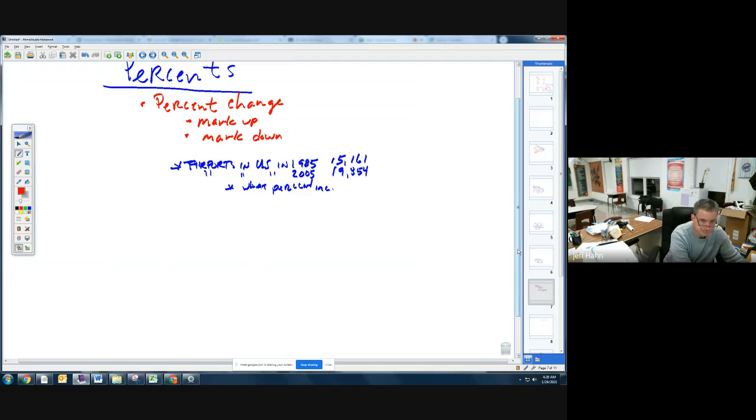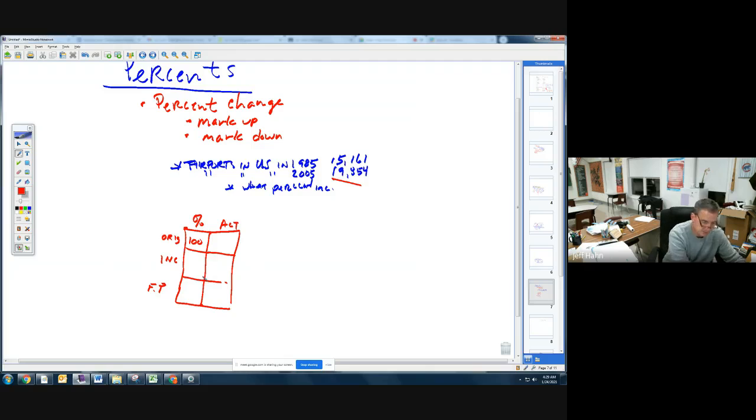For the percents we're doing today, we make some percent boxes. These percent boxes are just a little bit different than the ones we have been using. This will be our percent column. This will be our actual. The top row of the column is our original or our 100%. This is the 100% because we're taking all of something and either adding a percent to it or subtracting from it. In this case, because this went up, we call this an increase. What percent increase? Which we don't know. And then we get our final percent.